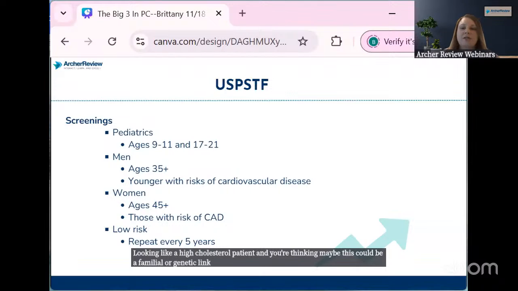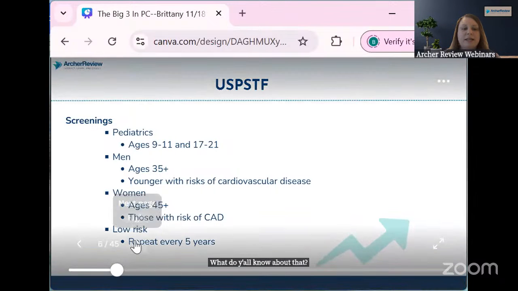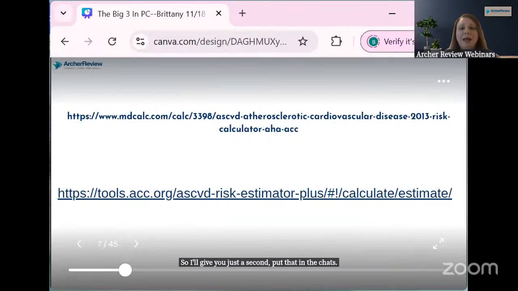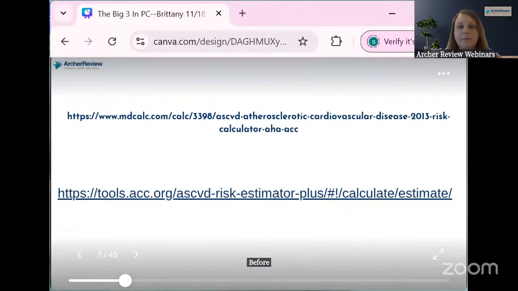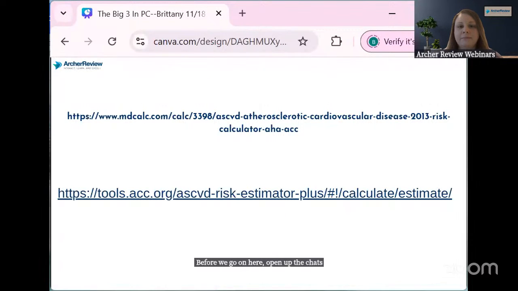Do you guys know the test that we can run and go a step further before we decide to either make a referral or put them on cholesterol-lowering agents? What do y'all know about that? I'll give you just a second to put that in the chat before we go on here. Open up the chat and see what y'all are writing. All right, let's see what we got. Okay, so